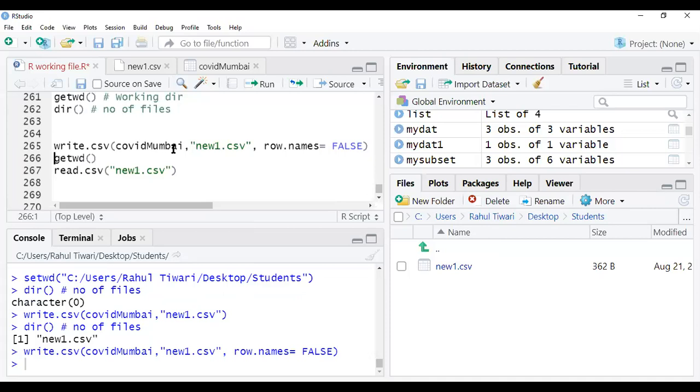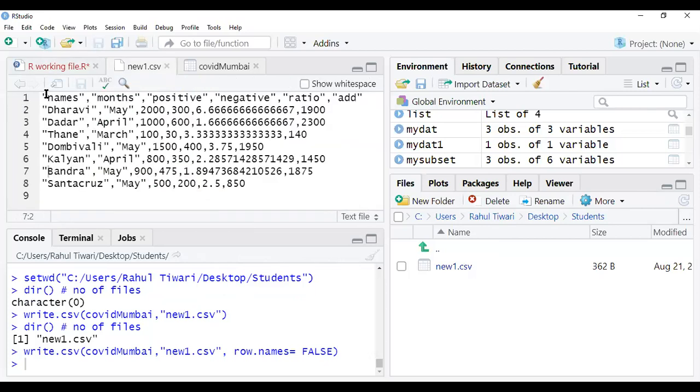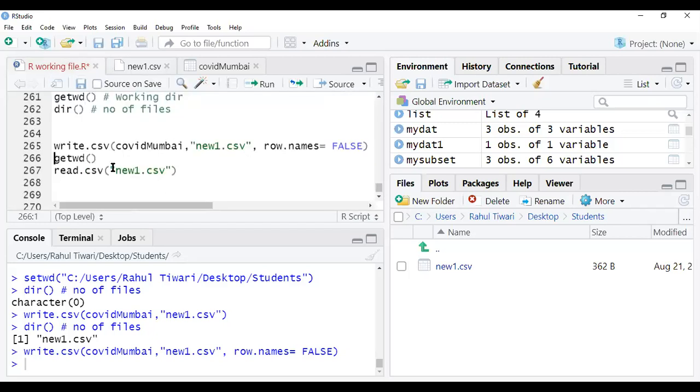Okay, so I've executed this one. Now you can just go and see what it's showing now. Now see, that 1 2 3 4 which was there is gone. That means your actual names are first variable, second variable, third variable, and so on. So whenever you are interested only in the data without those 1 2 3 4 rows, then you have to always use row.names. It is very, very important.